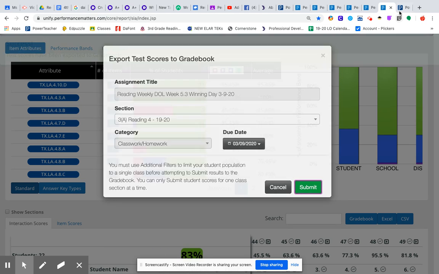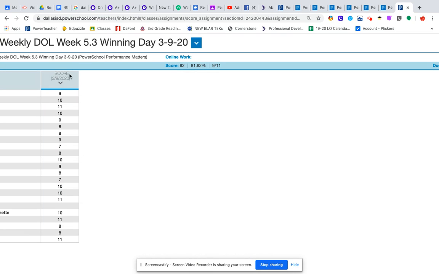Once I click Submit in the gradebook, it actually populates. However, it only populates the score out of 10. So if you are needing it to be out of 100%, not sure how to do that, but this is just a quick way to get your scores back and put straight into your gradebook without having to touch the physical